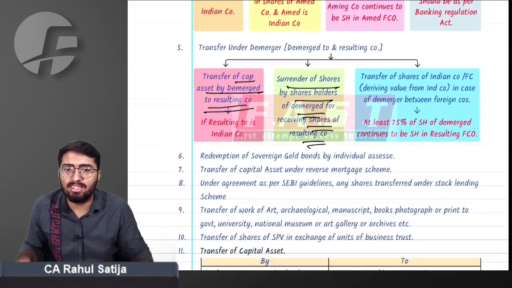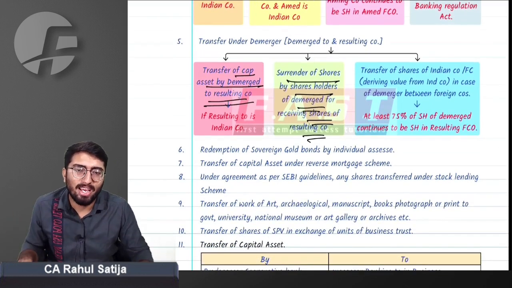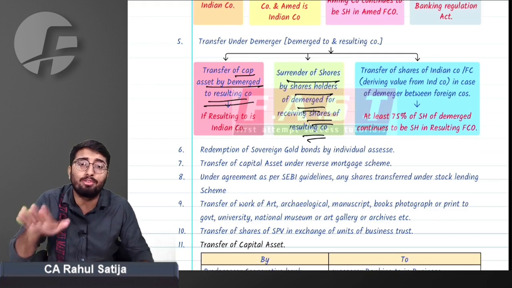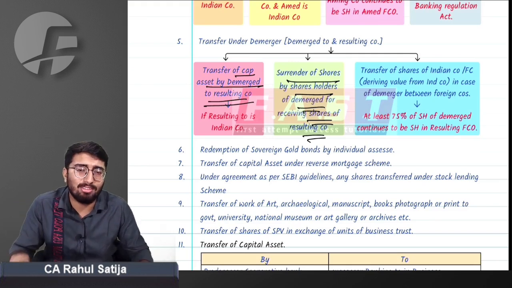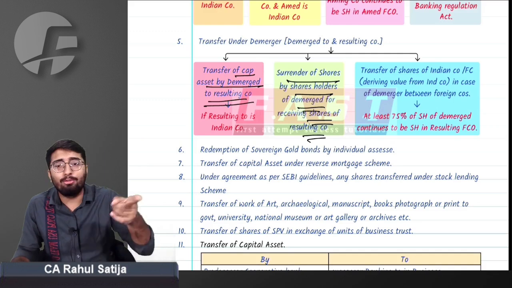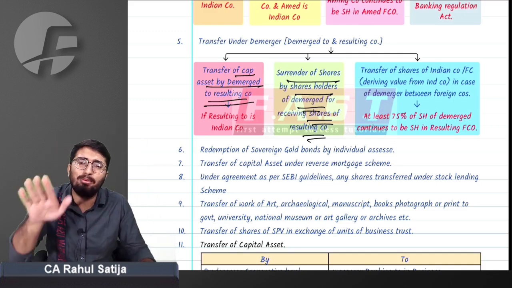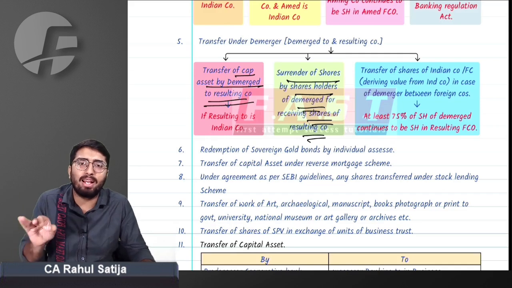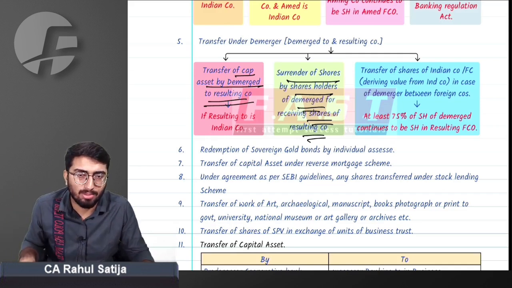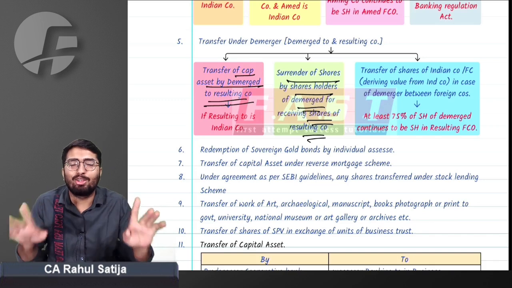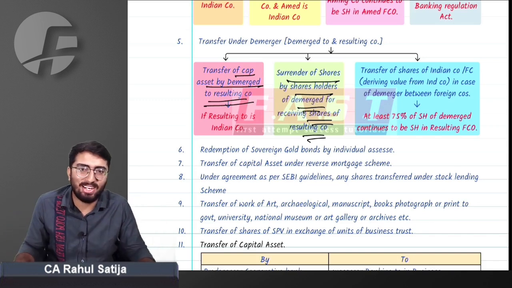Later on we studied about exemption in case of sovereign gold bonds. Every redemption of sovereign gold bonds for an individual assessee will be an exempt transfer. What if, sir, redemption is done by any assessee other than individual, then it will be taxable, but capital gain would apply after indexation. Sir, what if we earn interest? Then what will happen? Interest will be taxable as per normal tax rate.